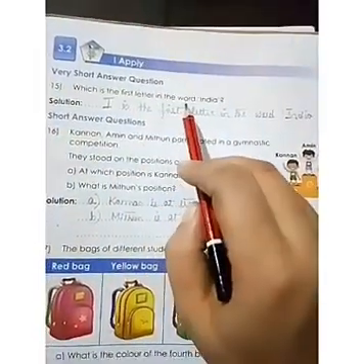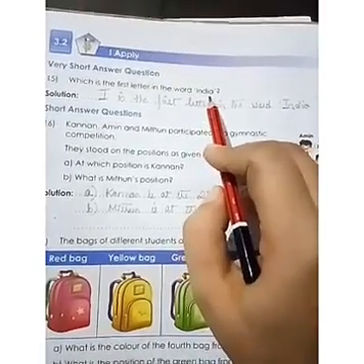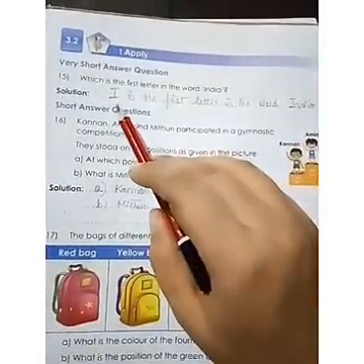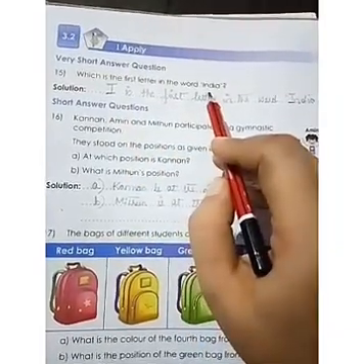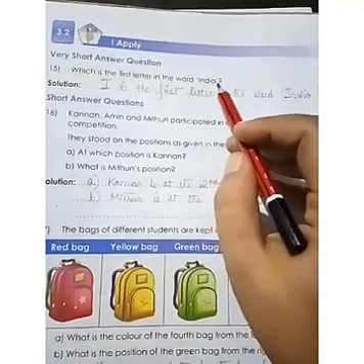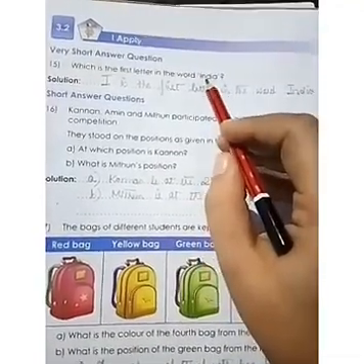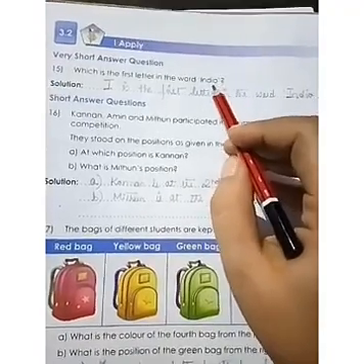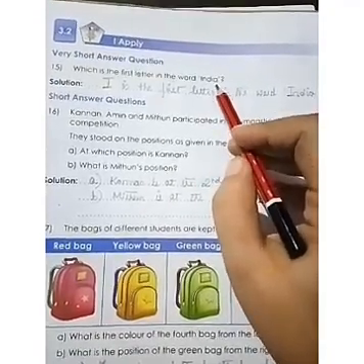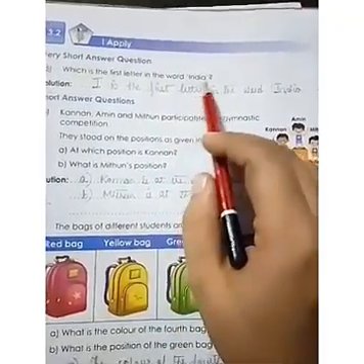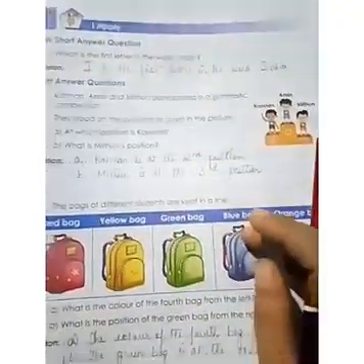What is the first letter in the word India? So in the word India, what is the first letter? I. So in the questions, not only about the first letter, it might come about second, third, fourth, fifth. Okay, so there are 5 letters here: which will come in the second, N, which will come in the third, D, which will come in the fourth, I, and which will come in the fifth, A. Okay, so don't expect only the first letter. In between also it might come.